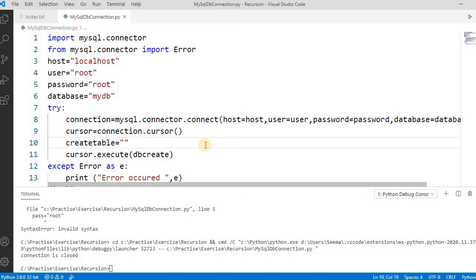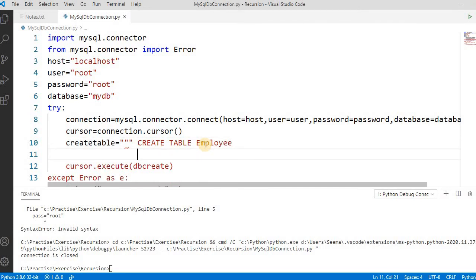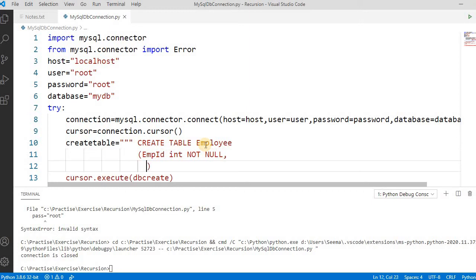For creating the table, as we already know, we have this CREATE TABLE. Let's say the table name is employee. Okay, and then let's say employee has employee ID of type integer, not null. And then employee has their name that should be varchar of, let's say, 100, also not null.